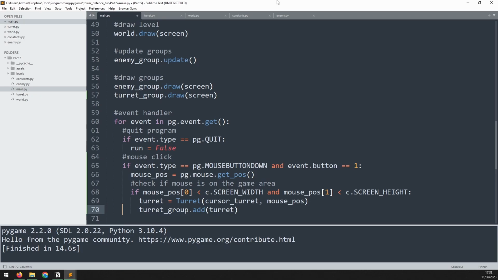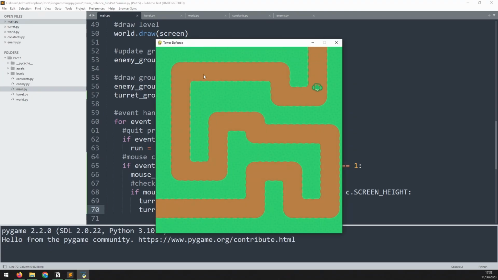The next thing that I want to address is that this is a tile game, but right now I can click pretty much anywhere and just stack these turrets right next to each other. What I want to be able to do is only put them into individual tiles. So essentially I need to split the game up into a grid, just like it is in a tile map, and only allow the turrets to be placed in one point on that grid, not right next to each other